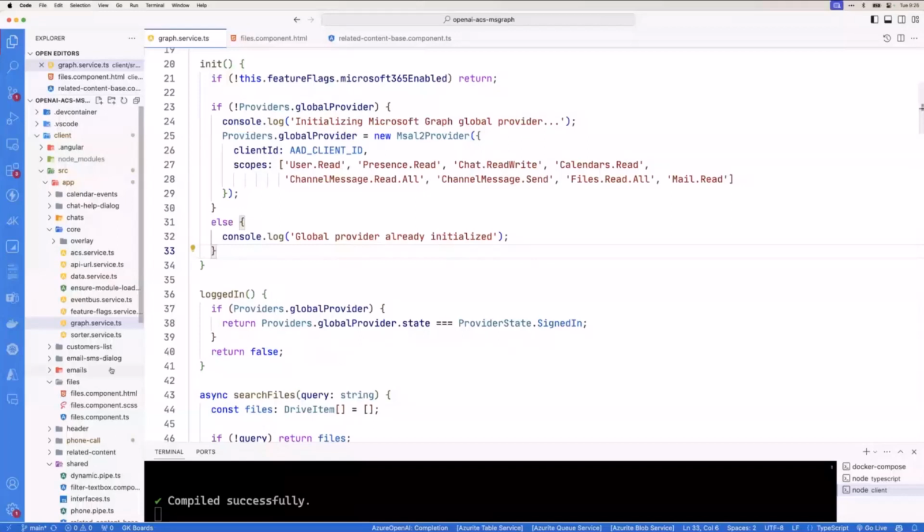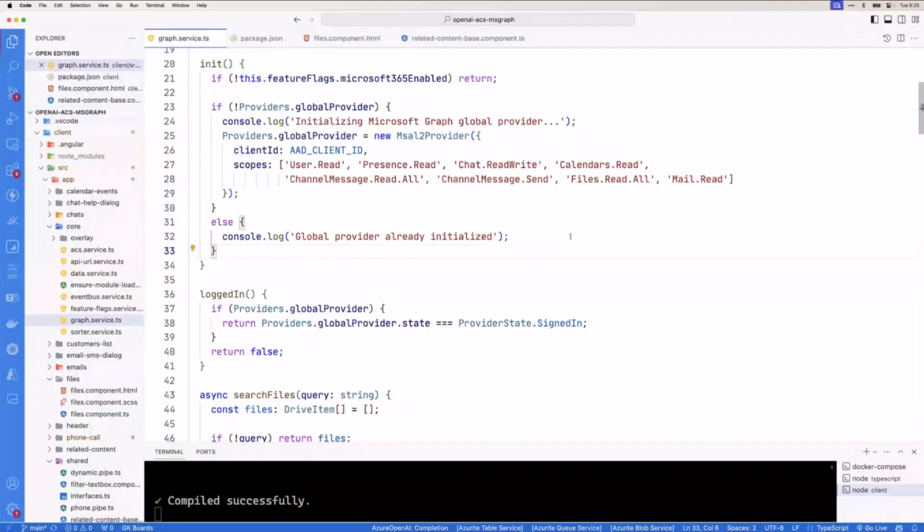For today, though, we have this service. This is a reusable front-end service. Think of it just as a file that can do some of these graph calls. That's the name, Graph Service TS. And you're going to notice that if we don't have this thing called a global provider configured, we're going to configure it. Now, what is this providers thing?